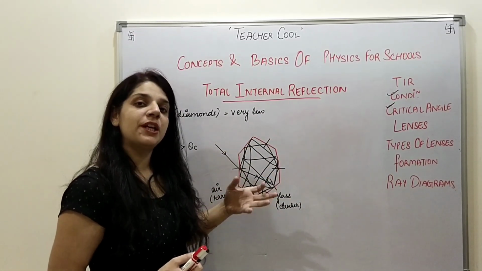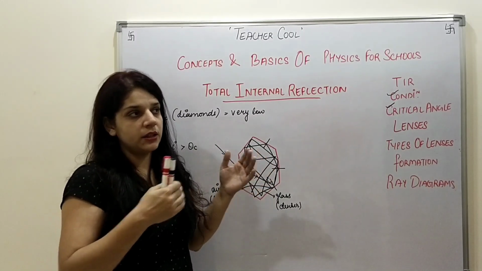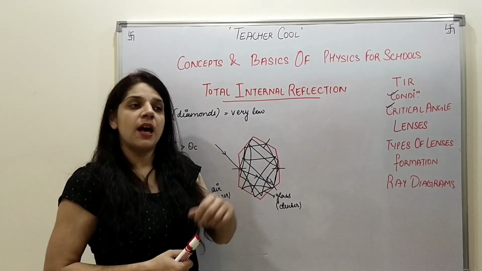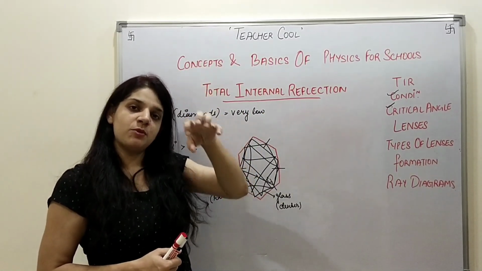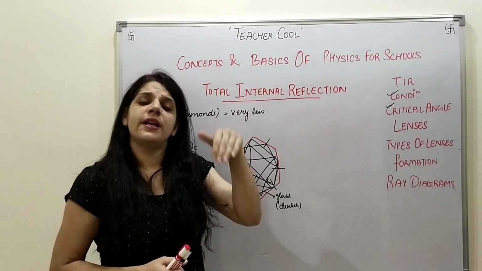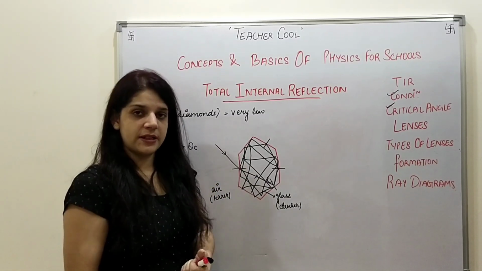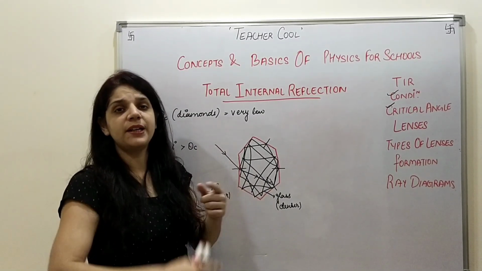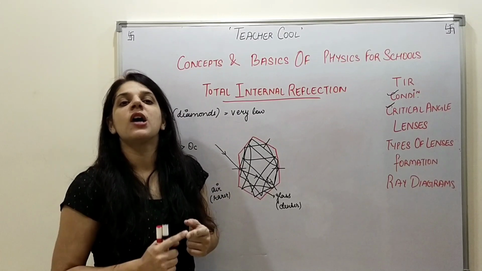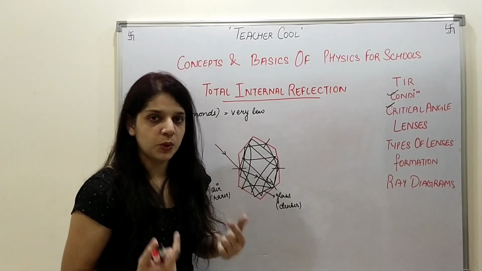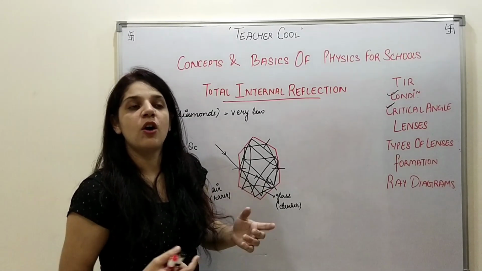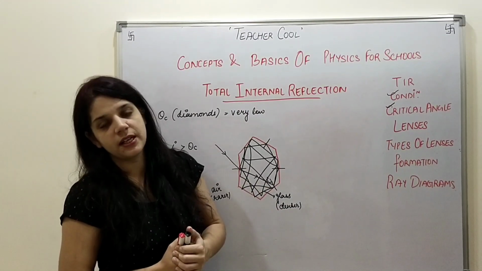Now the second application: whenever we are near a swimming pool during the night, the neighboring lights are actually projecting beams of light into the water, which is a denser medium. So these rays go into the denser medium, the water body, and while traveling in that water body, whenever they come across an interface, they undergo total internal reflection, due to which they get trapped inside the water, and we see sparkling or shining rays traveling inside the water body.